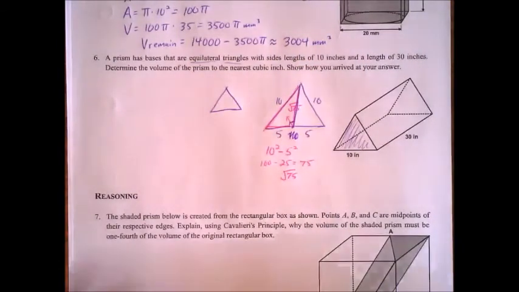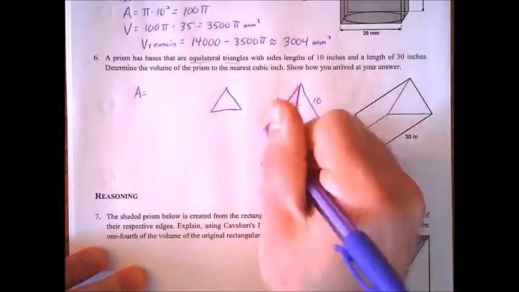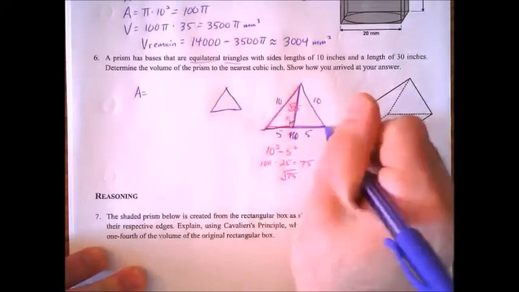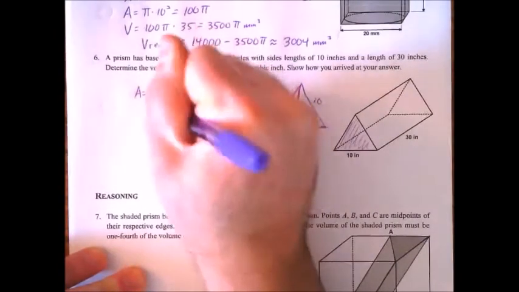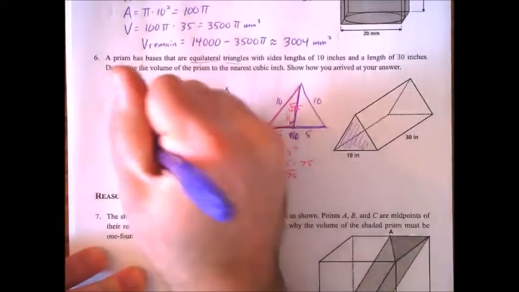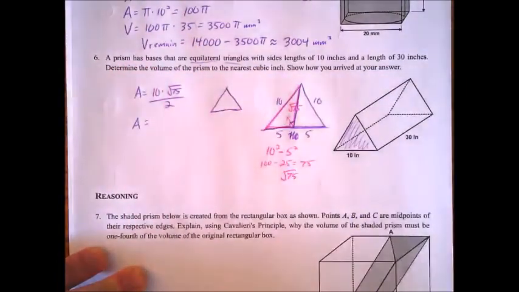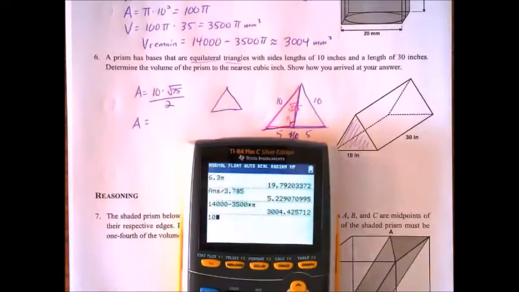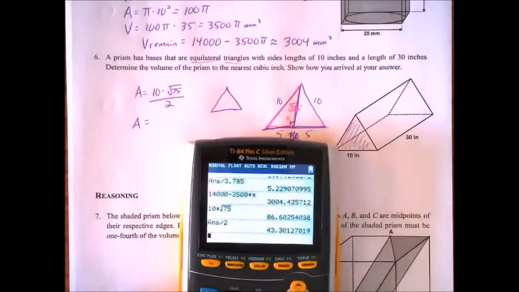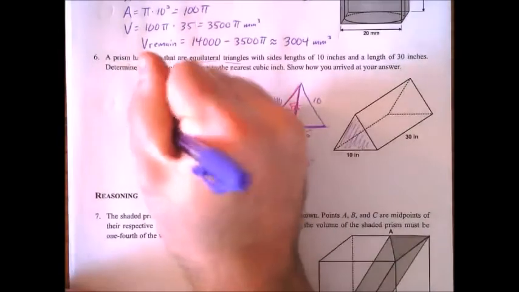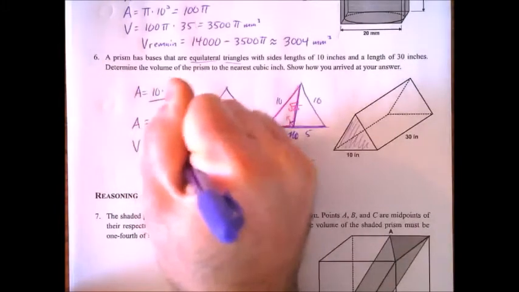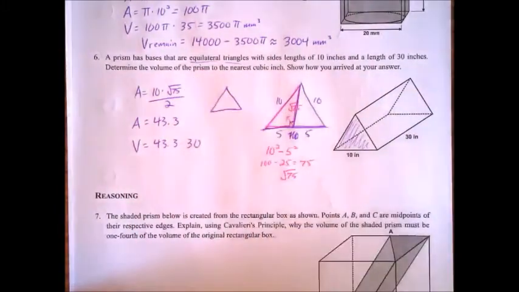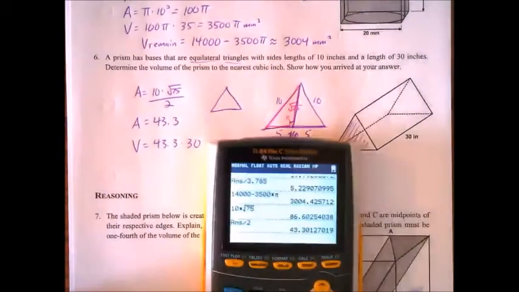So to find the area of that, we're going to do the triangle's base. So this whole base here is 10 times the height, which is the square root of 75, all divided by 2. All right, let's just work with a decimal here. So 10 times the square root of 75 divided by 2 is 43.3. Now if we take that and multiply by the height, which is 30, we should be able to get the volume. So 43.3 times 30,